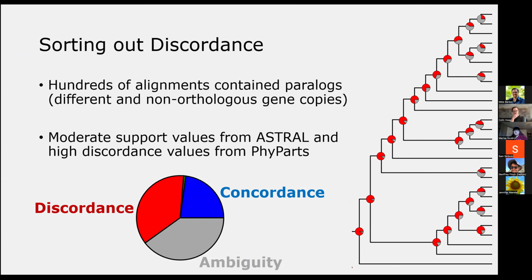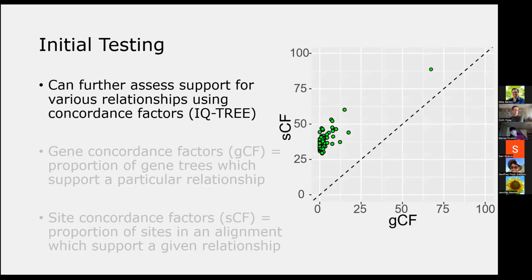If we look at things through PhyParts, which is just a way of assessing concordance or discordance, we see that the majority of these nodes, or the majority of these little slices of these pies, are red, indicating that discordance or disagreement among the gene trees is what predominates here, rather than a lack of resolution. To try and figure out what's going on a little more, we employed something called concordance factors,